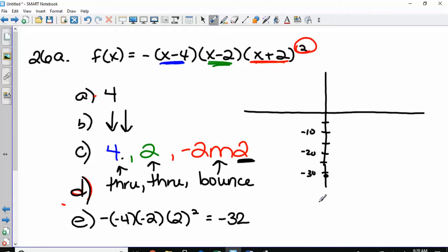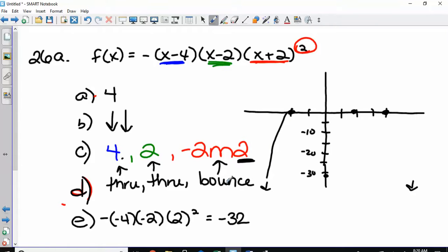-32 would be about there. My zeros, those are where you hit the x-axis. So we hit the x-axis at 4, 2, and -2. We said both ends are pointing down, so it should start down here and end down here. So let's try. The first 0 is at -2, and what did we say happened at